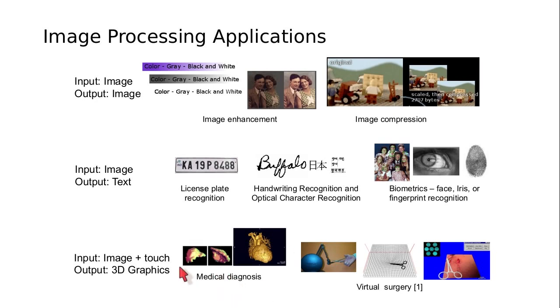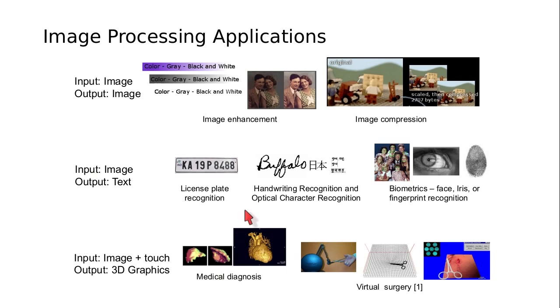So for instance, if a doctor receives a bunch of medical images, if any one of you has taken a CT image or an MR image, the computer tomography image or the magnetic resonance images, for every patient you get multiple images. You get a deck of images, right? So in a CT image, the scan would contain multiple images for each patient. So when you have multiple images, the doctor might use certain interactions to pass through these images and look at different views of the image.